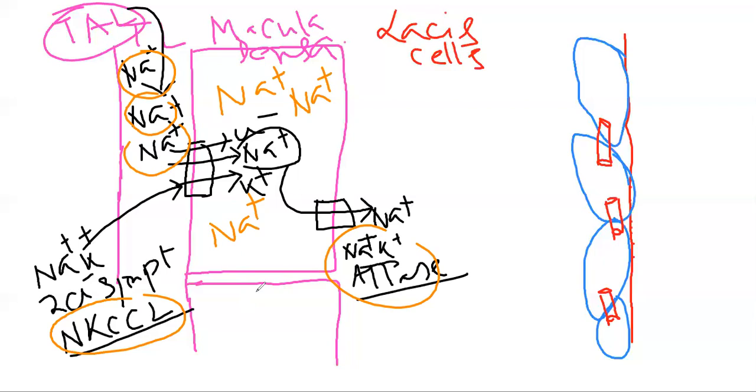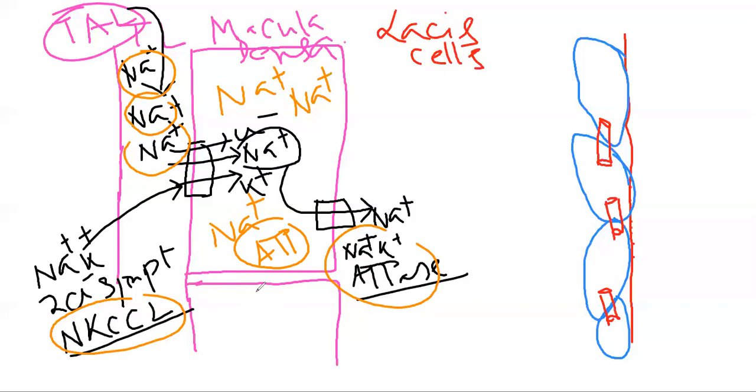Now, if there is more sodium ion present in a particular cell, as sodium ion is an osmotically active agent, it will drag water from the interstitial tissue zone, and as a result the cell will be lysed because of the much swelling of the cell, presence of more water and sodium ion. Eventually, the cell will be lysed. Now, within the cell, an important factor is present, that is the ATP. This ATP will again come out from the macula densa due to lysis of the cell, due to increased osmolarity and increased swelling of the macula densa.